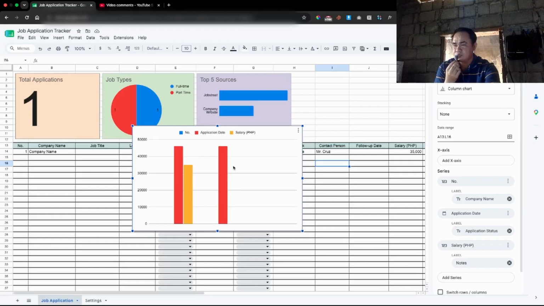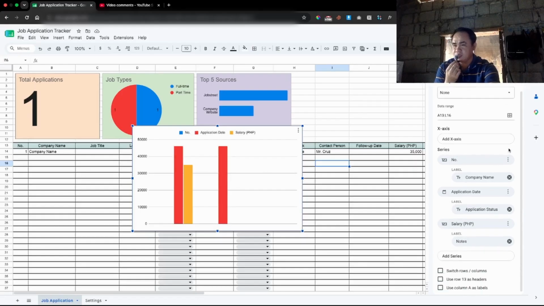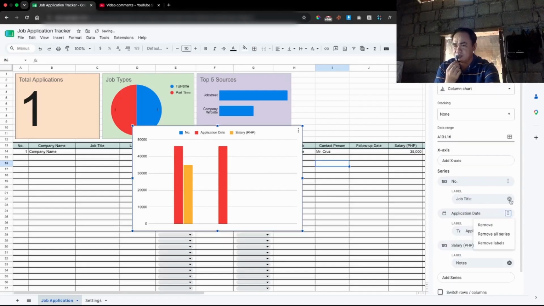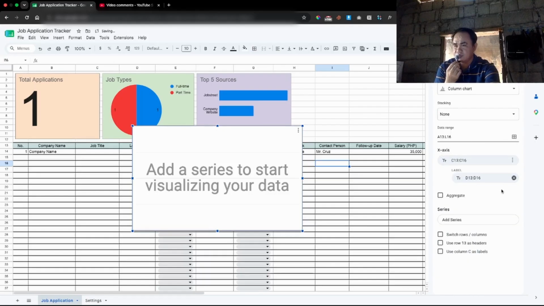Since we already have this pre-selected, we can just delete the existing series. Okay, remove all series, and then remove labels.